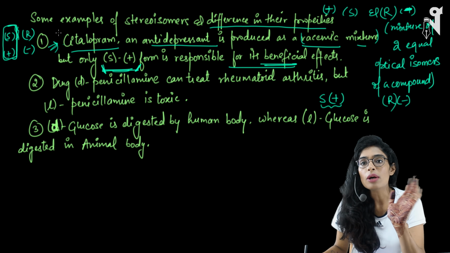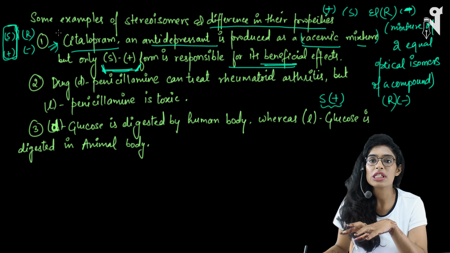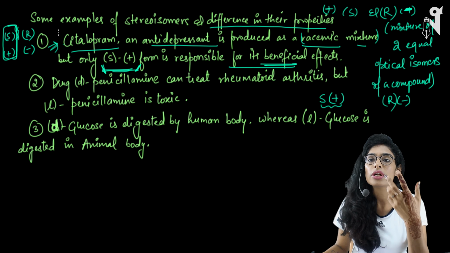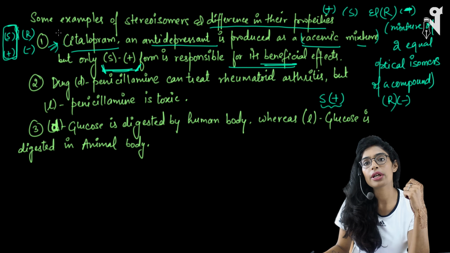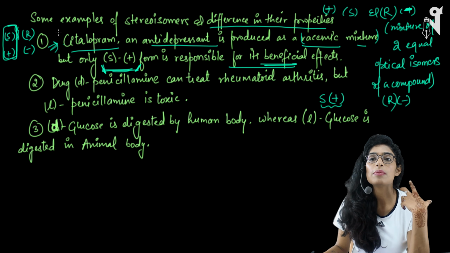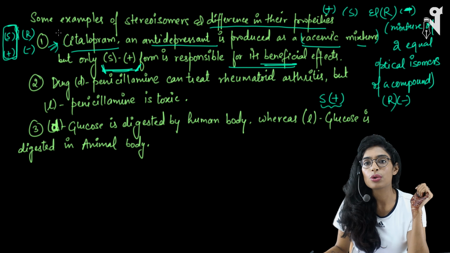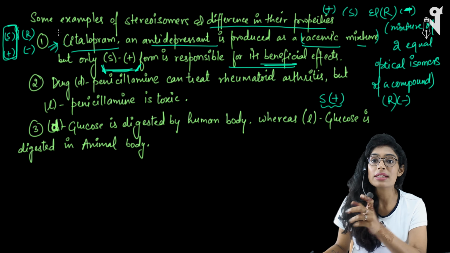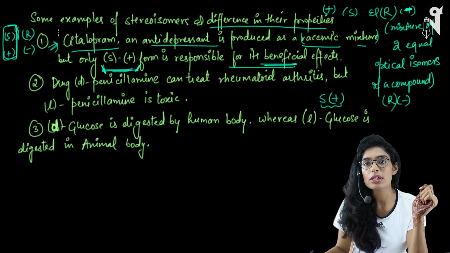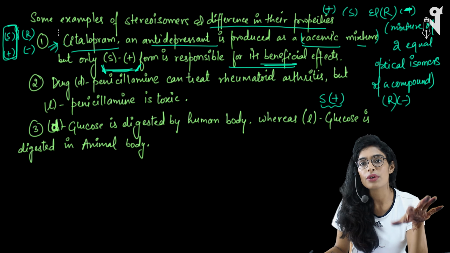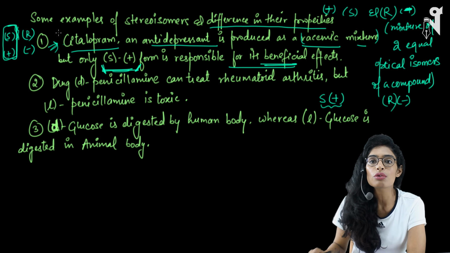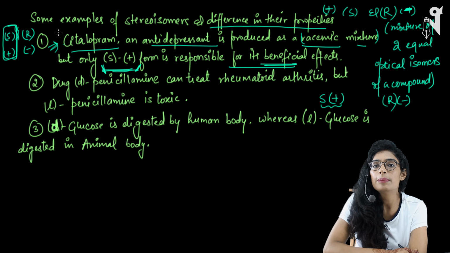R and minus is not beneficial, though it is present in that racemic mixture. It is not actually showing any impact, or it is not having any medicinal beneficial effect on any patient who is using this antidepressant. So the other part is actually useless and only one part of it is useful. So basically 50% of it is useful, 50% of it is not useful for so and so disease.